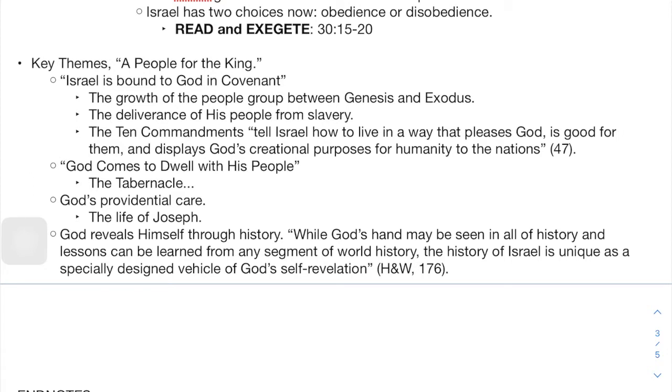And so that we know how we can live in a way that pleases God. Not only is the Ten Commandments, the law, the way to live that pleases God, but it's also good for us. And it shows what God intended for us to live throughout all creation. It also fulfills the purpose for Israel to be a lighthouse and a witness to the nations. So one big theme is this theme of covenant, and how Israel and the people of God are put into a right relationship with God by coming into covenant.